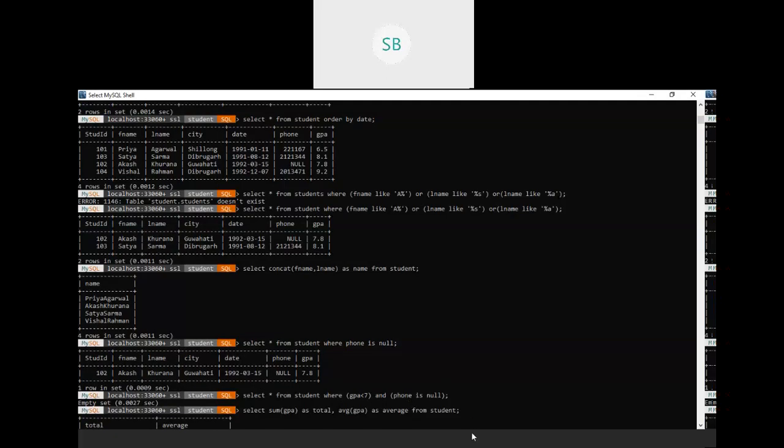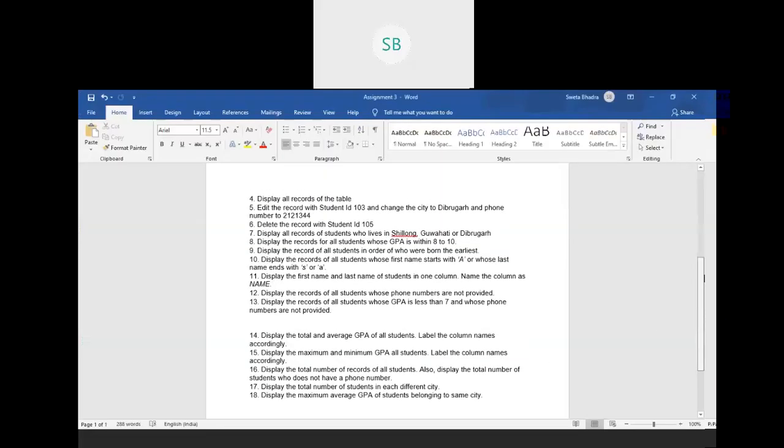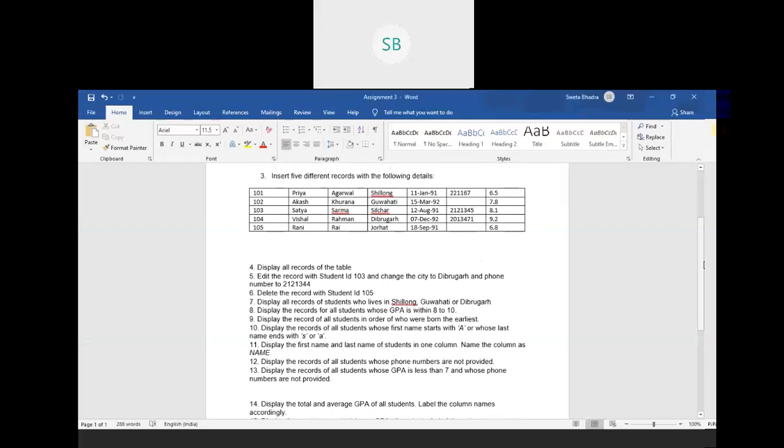But over here in our table, we don't have any value that matches both conditions. The person who had a phone number, row 105, we have already deleted. We have only 4 rows now, 101 to 104.